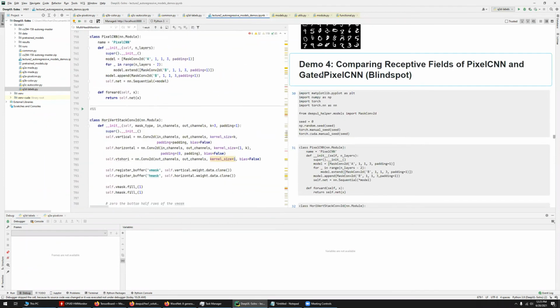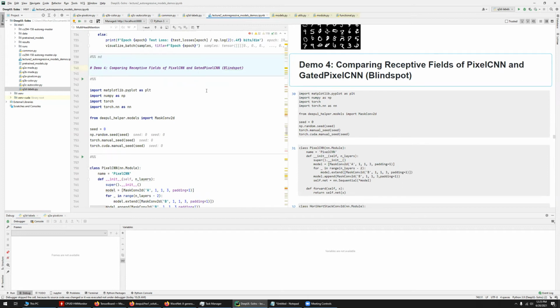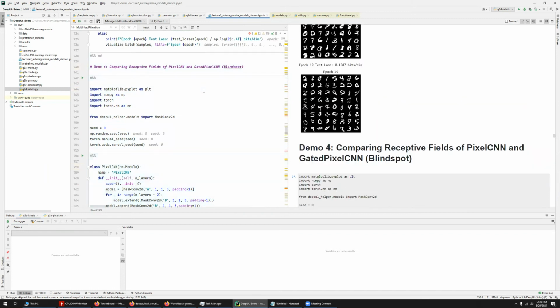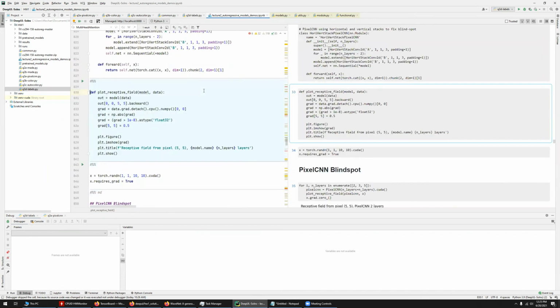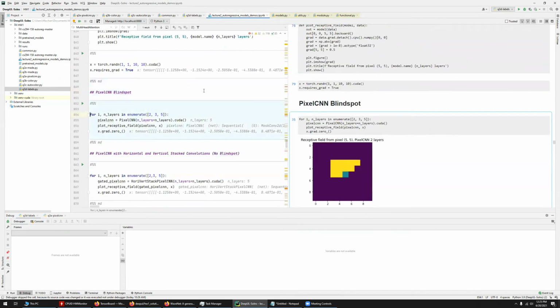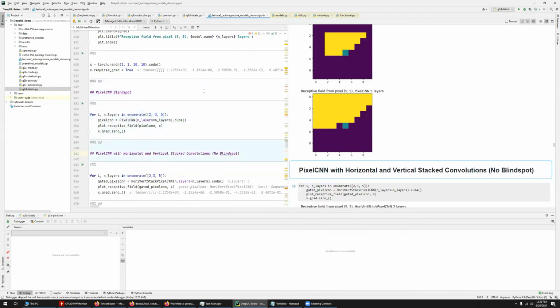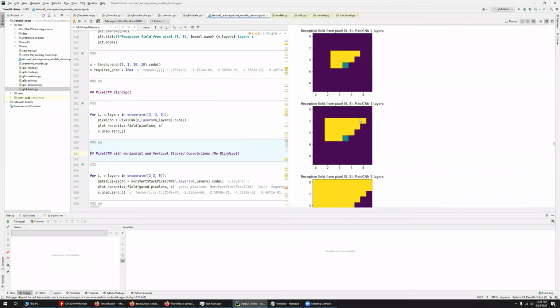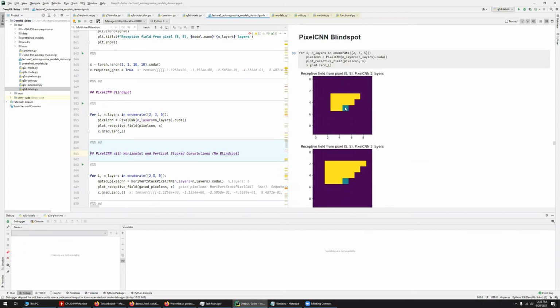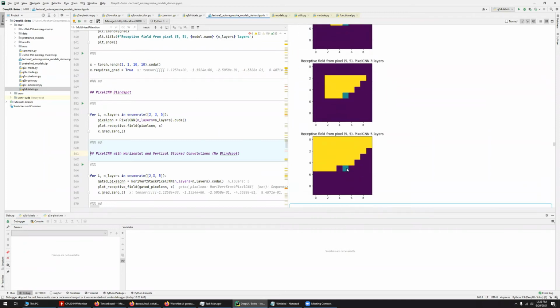Yeah, this one is kind of interesting, comparing the receptive fields. Because if we look at this, this is PixelCNN. If we run this code, it'll actually show us the blind spot. As you can see, this is the current location, and it shows all the blind spot. And if we look at the plot receptive field code,